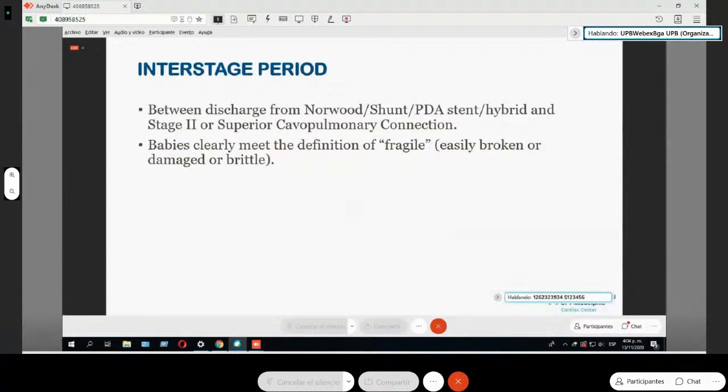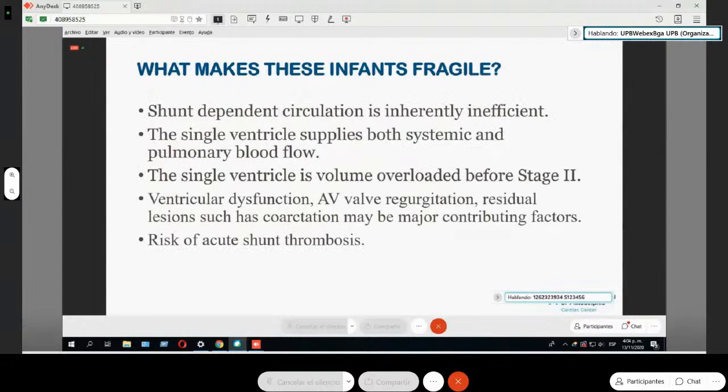Y creo que estamos de acuerdo en que estos bebés claramente cumplen con la definición de frágil, que significa que se rompen fácilmente. ¿Qué hace frágiles a estos infantes? Es la circulación dependiente del shunt, que inherentemente es ineficiente; el suministro del ventrículo único hacia la sangre sistémica y pulmonar es muy bajo